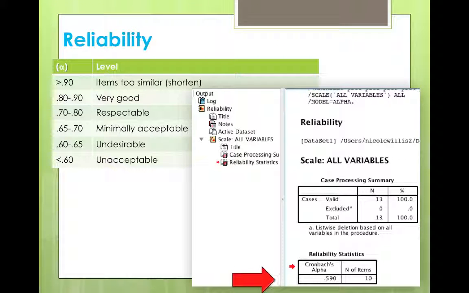On the far right of the slide, you see the output file. The output file in SPSS is the file that appears once you run your analysis. You can see here under the reliability statistics box that the Cronbach's alpha is equal to 0.590. What does that mean? Use the key that interprets Cronbach's alpha in the box towards the upper left-hand side of the slide. A Cronbach's alpha of 0.590